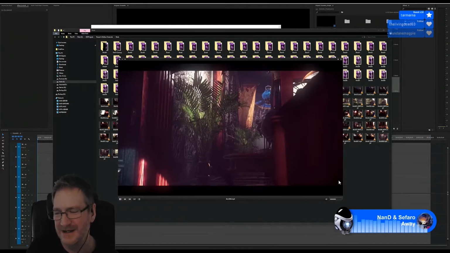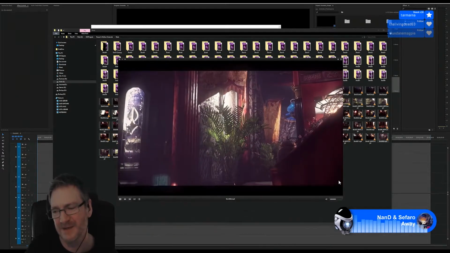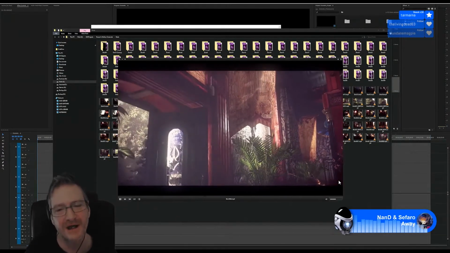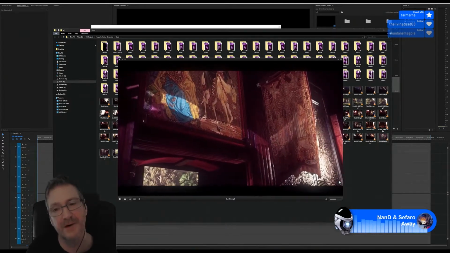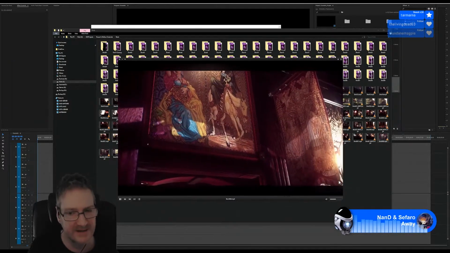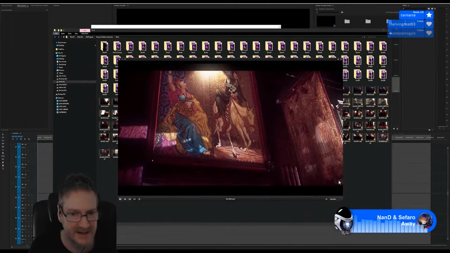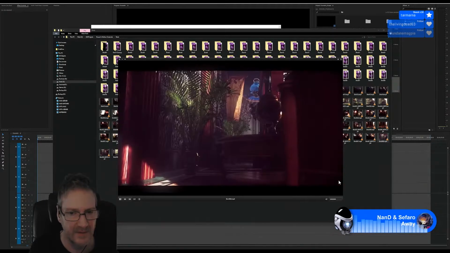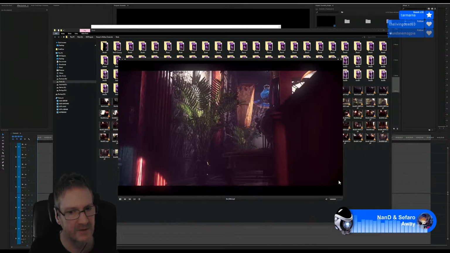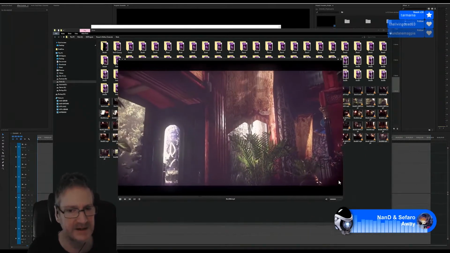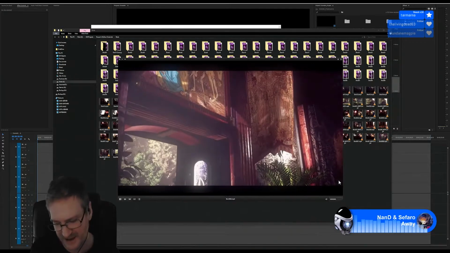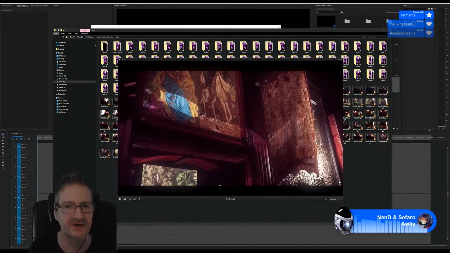TJMG is asking, is Substance Painter easy to use? Yeah, it is quite easy to use. It's a great program. We used it when I textured up all the assets that we see in our Unreal level here, the UE4 building. All of my assets here I painted in Substance Painter. It did the job really well.